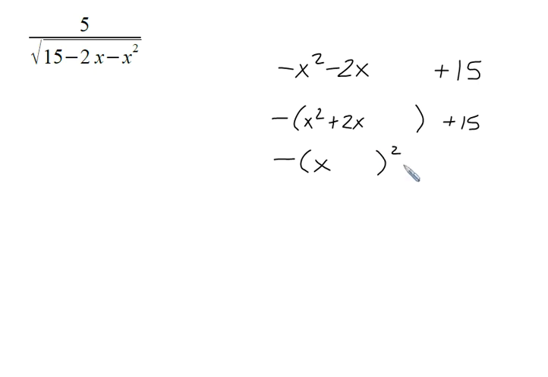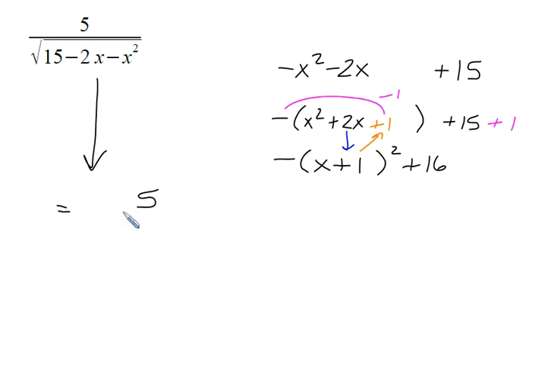So what would we pair with the x so that when we square this quantity, the first two terms are x squared plus 2x? Well, half of 2 is a 1. And then when we square the 1, we get 1. But be careful, because what we've really put into this expression is a negative 1, and to offset a negative 1, we have to add 1 on the side. So we'll have a plus 16 here, and that would be the expression that would go in this item we started with. So we would have 5 all over the square root of negative the quantity x plus 1 squared